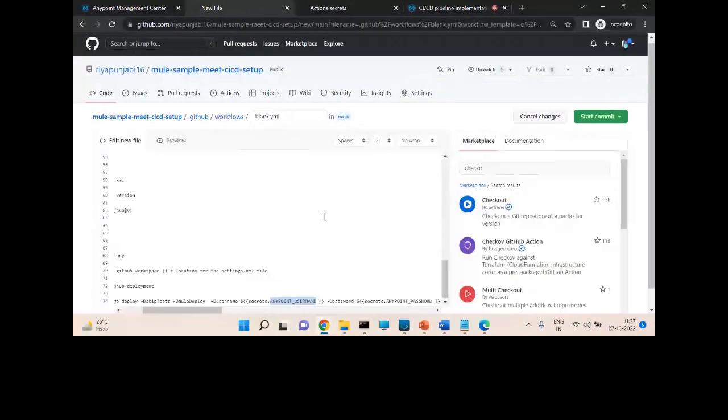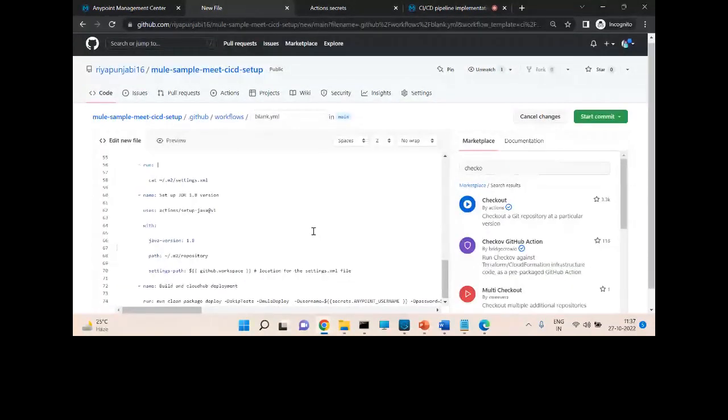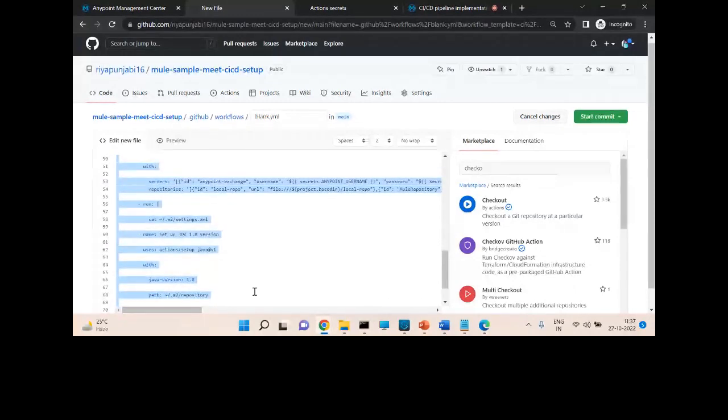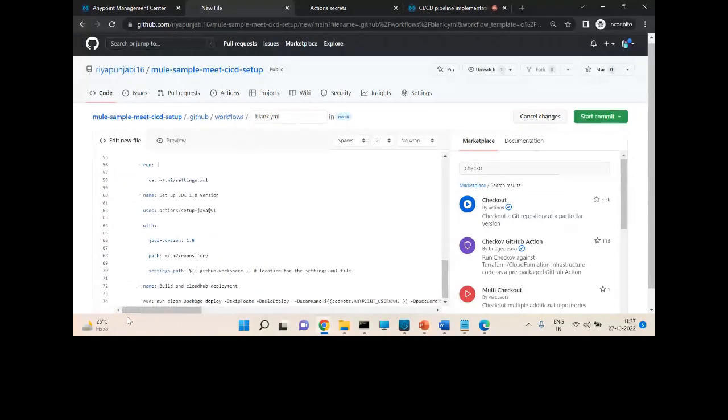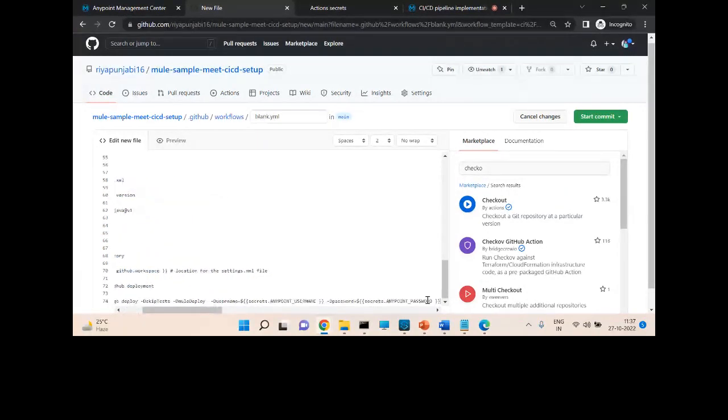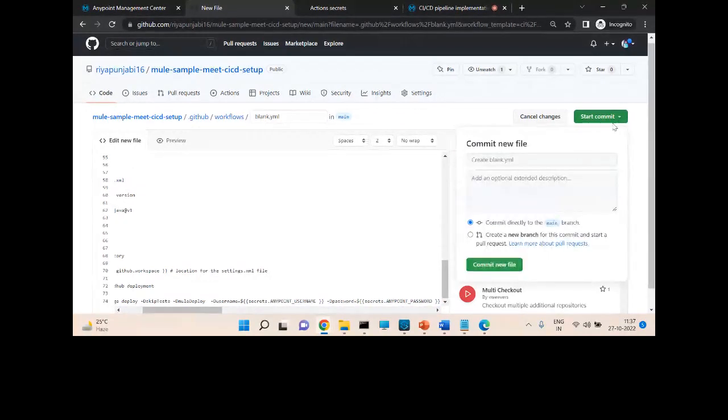Now, this file I have created, so this command will run after all these steps are completed. Then after that comes this build and CloudHub deployment step. And here we are taking the username and password from secrets. This is the syntax. And now I'm committing this file.